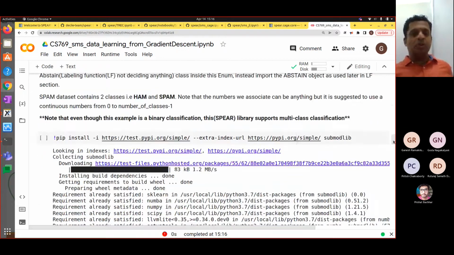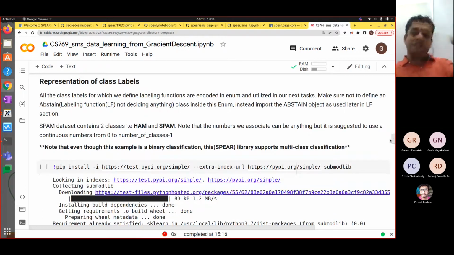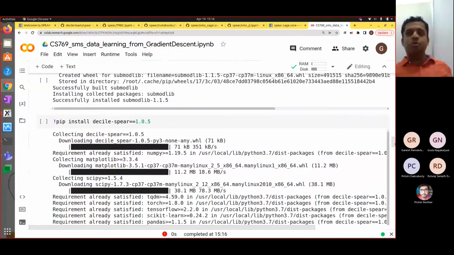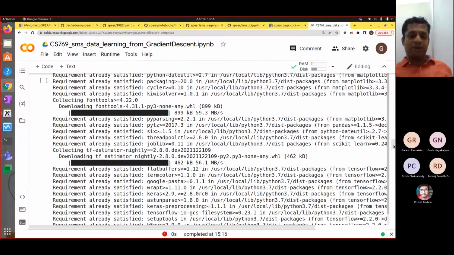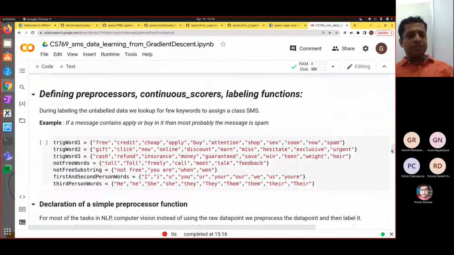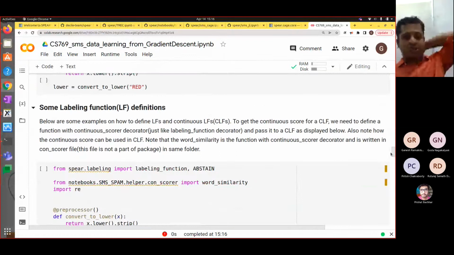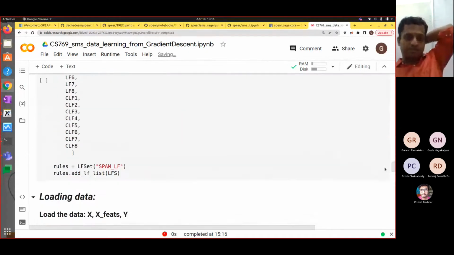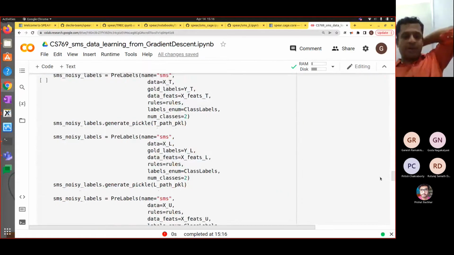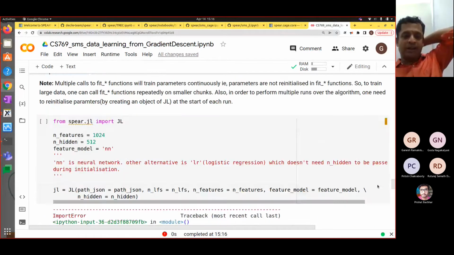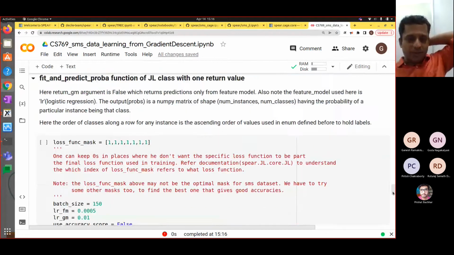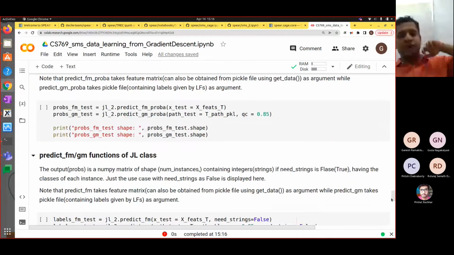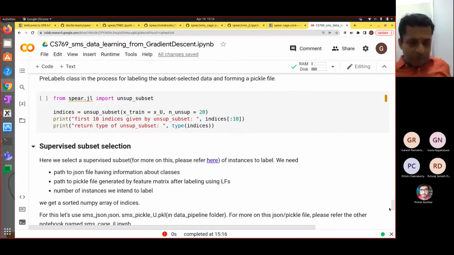What I've also shown here is how you could imagine that for the same SMS spam data set, if I use labeling functions, how I could use semi-supervised data programming learning. It's the same, the pre-process, the continuous scorers, labeling functions. So all that has been integrated into the same notebook. And you can basically check, right? The joint learning algorithm can compare its performance. You can go over this. You can see how the joint learning performs with respect to the